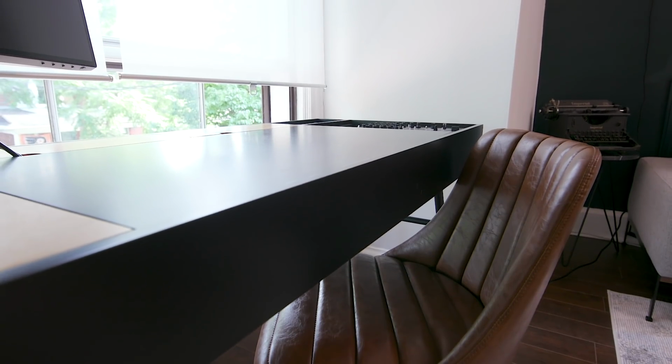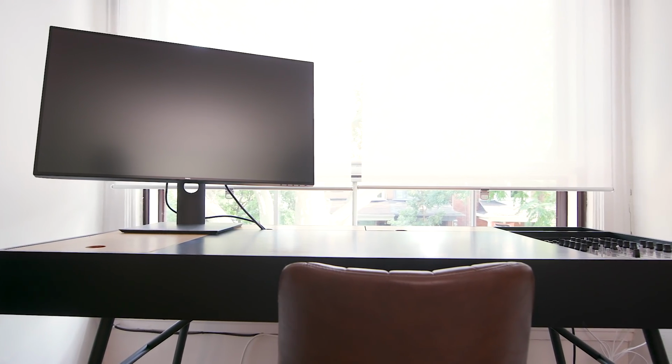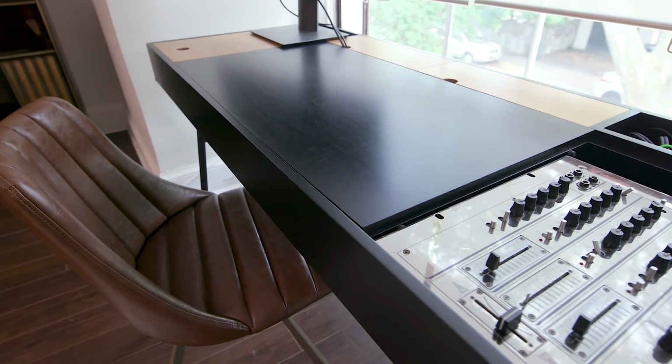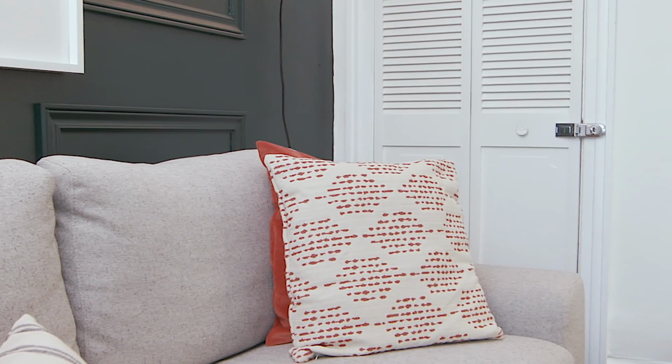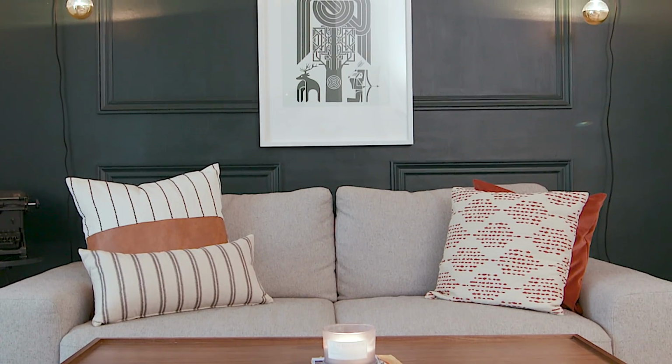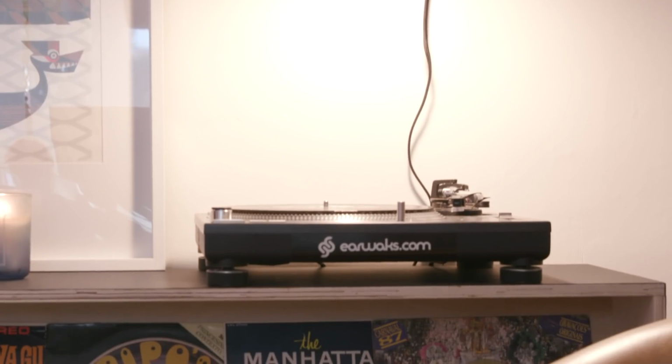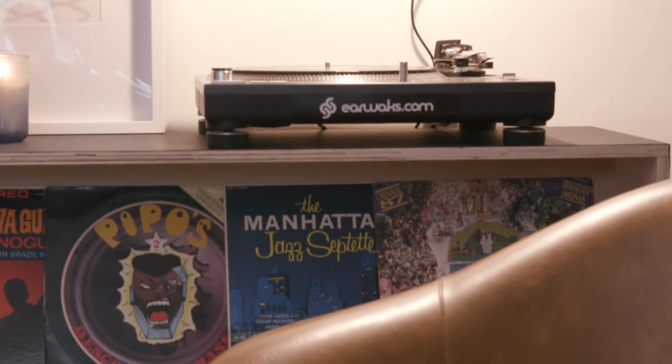And then your desk looks much smaller, but it has tons of storage in the top. So there's a place for your mixer, because I know you use that to do your videos. Awesome. And then I really wanted to elevate the furniture that you had, because it's beautiful. So we just added this dark and moody paint color on the wall, did some molding. Wow. Yeah. Molding's crazy. I never would have thought of that. Yeah, that definitely works. And you pick good records. I see some Brazilian stuff down there. That's good. In 48 hours, I don't know how you guys do it, because I got to 8 years here and it still was...